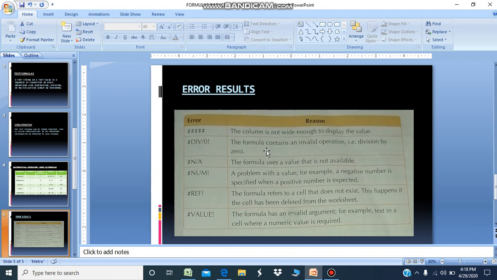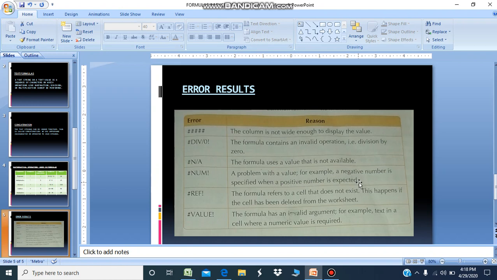Division by 0 means the formula contains an invalid operation, that you are dividing by 0. N/A means that the formula uses a value that is not available in the sheet. Num means a problem with a number value, for example a negative number is specified when a positive number is expected.